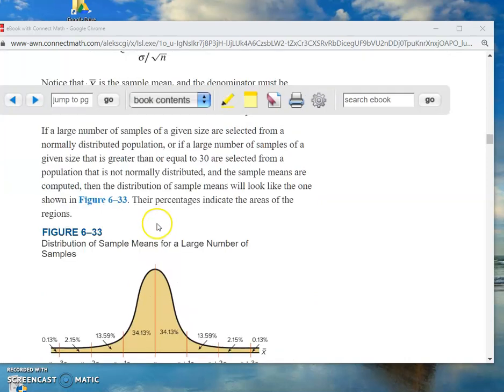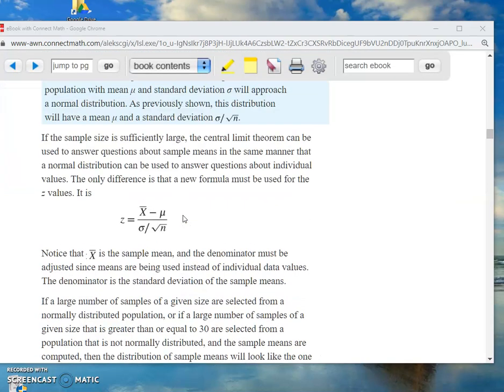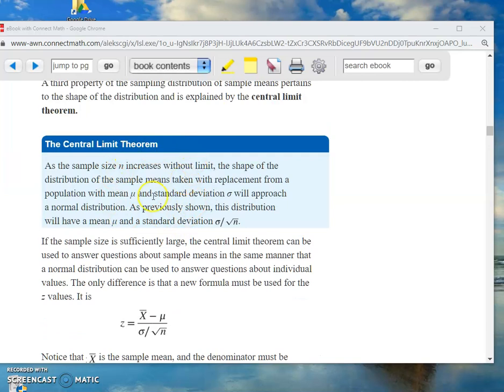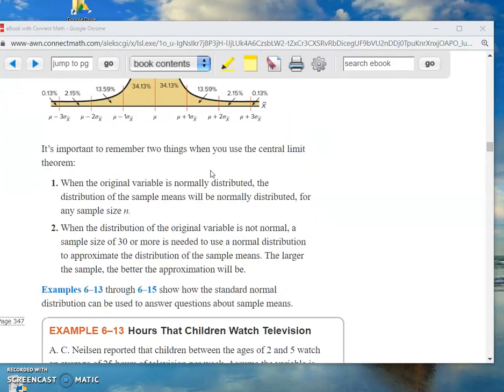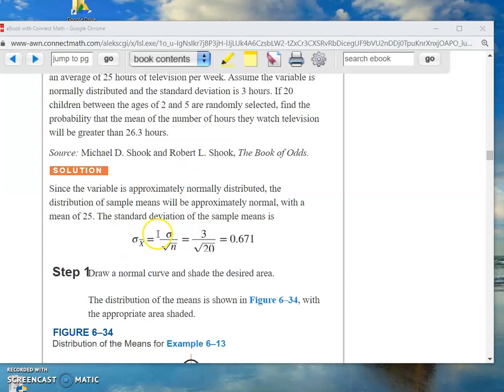And then up here, he says, hey, wait a second, if it's normally distributed, the distribution of the X bars will be normally distributed. So why all of a sudden are we talking about it being approximately normal? The only thing I can come up with is that in the theorem itself, it says this theorem only works as the sample size n increases without limit. So if it's anything less than a bazillion, everything's approximate. I guess that's why he said it. I'm not 100% sure. Okay, so in any event, for our purposes, we're going to say it's normally distributed, and